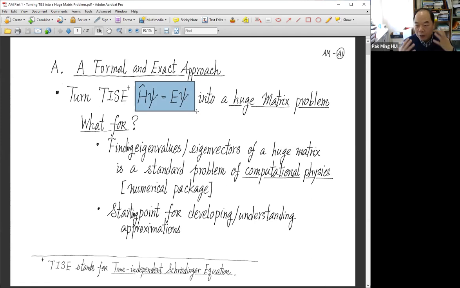Now you give me a quantum problem, meaning, say, a particle under the influence of some potential energy function, like a trap in a box, trapped in a harmonic oscillator, or trapped by the Coulomb attraction as the electron does in a hydrogen atom. So you give me a